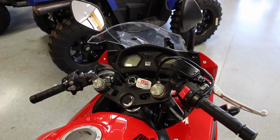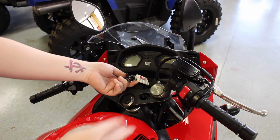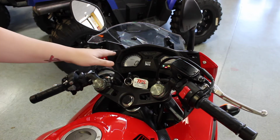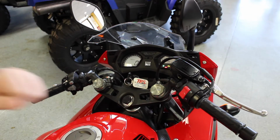To begin, you'll need to turn the ignition to the on position. On this particular motorcycle, the ignition is here on the handlebars. Well, on the triple tree is what this piece is called on this motorcycle. We switch it to the on position, and here you can see the gauges are woken up. However, this motorcycle will not yet start